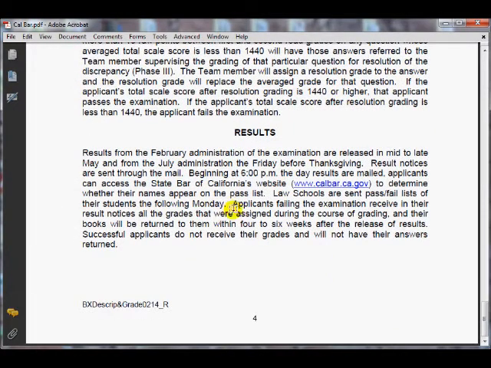There's just one last point. Not that you want this to apply to you necessarily, but if you don't pass, you have to wait 4 to 6 weeks to get copies of your exam, so you can look at the essay and PT questions and see exactly what went wrong. That seems like a long time to wait since everything's already been graded. I'm not sure why it takes that long, but it does.